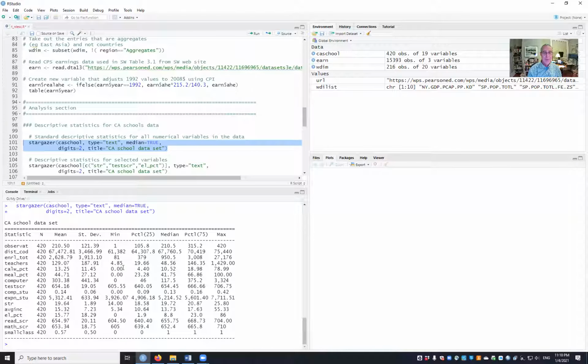Some of these variables are meaningful, others aren't. So if we look at student-teacher ratio in particular, which we'll be looking at a lot, we see that the average, the mean for the 420 observations is 19.64, so about 20. So 20 students per teacher, sounds about right. The standard deviation is 1.89. Remember what the standard deviation is. It's a measure of the spread or dispersion